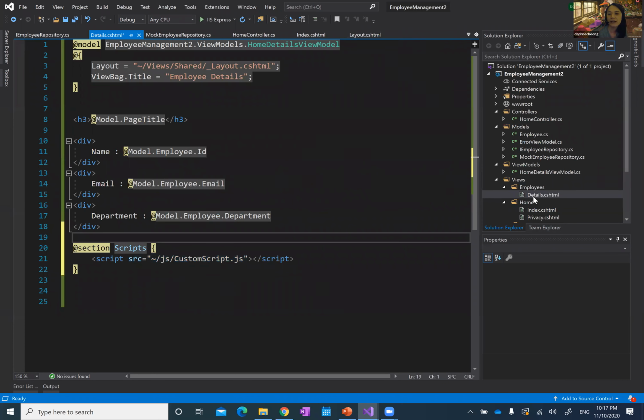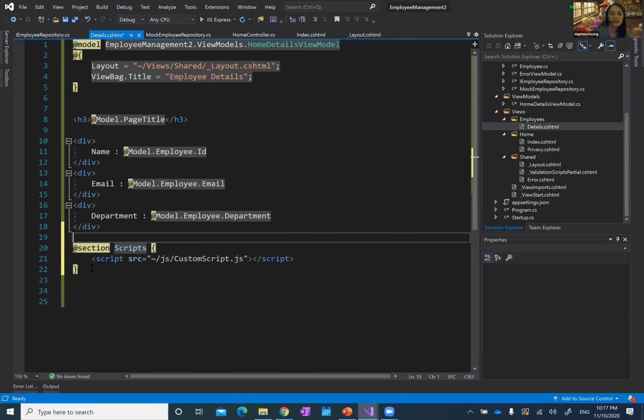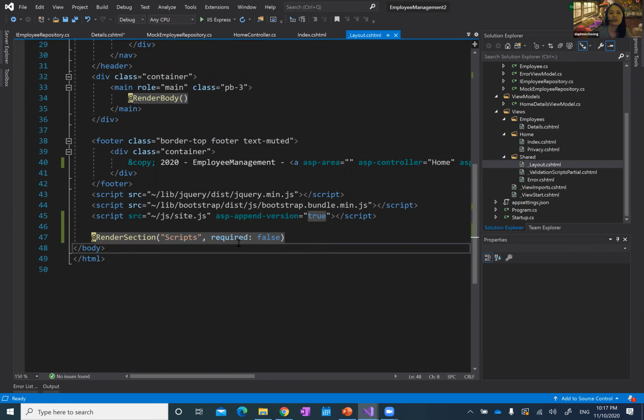Because we say we are expecting to see a section here in the layout, but we say it is not required, so it's optional, all right? So when I run this,